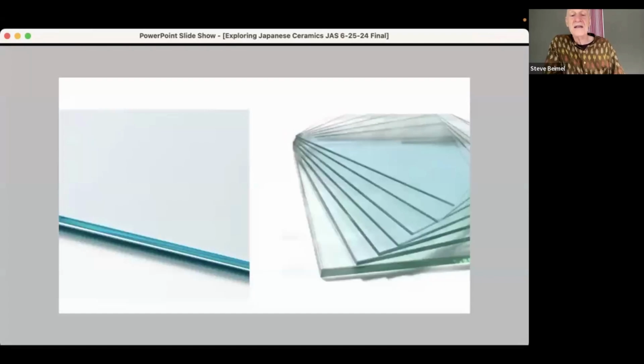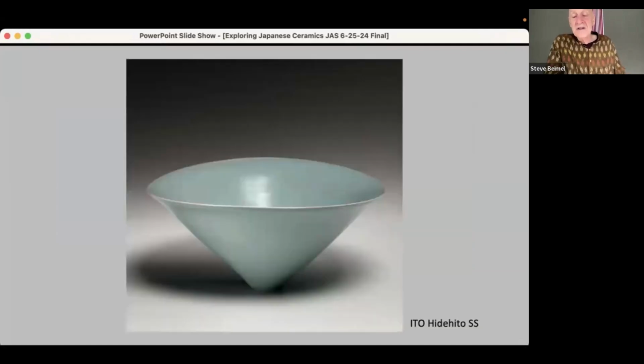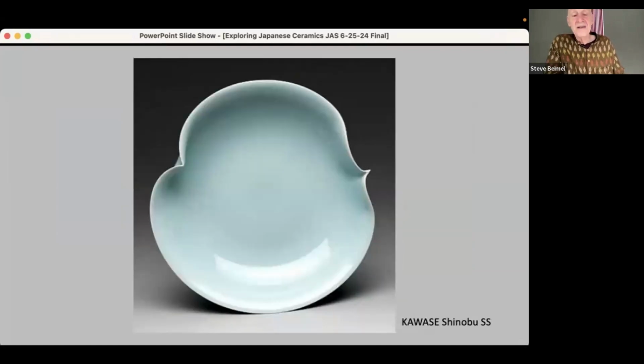You might think of it's like glass, there's a bit of green in glass, and the more layers of glass you have, the deeper the color will be. Well, this is what celadon is like. The more layers you get, the deeper color. This piece was made in the 1600s, but this Chinese style is still being made in Japan. Styles like this, I should say. But contemporary celadon artists are really turning many heads with their amazing works of sensitivity, of creativity,